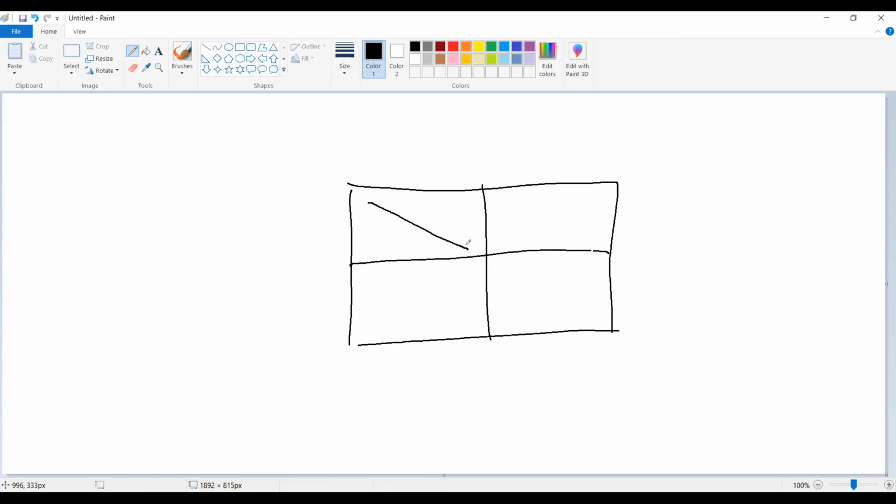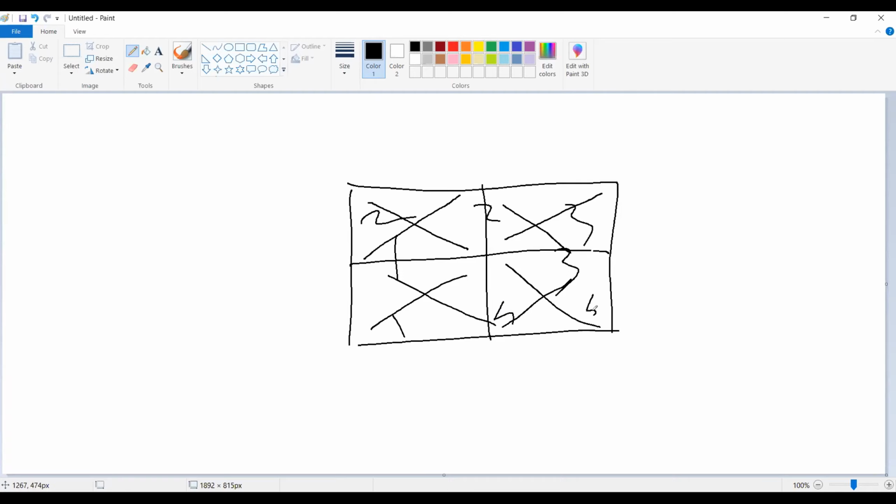Because it's in a string, right? So that's not possible. The thing I was trying to say is, if I have all 4 like this, and even if I treat it as a corner case or special case, I say this is the first island, second island, third island, fourth island. But if these were inverted like this, then I have 1, 2, 3, 4, and 5. So then I have to take another special case.